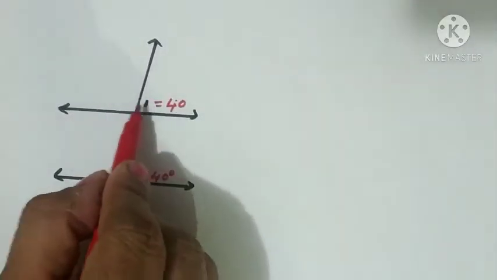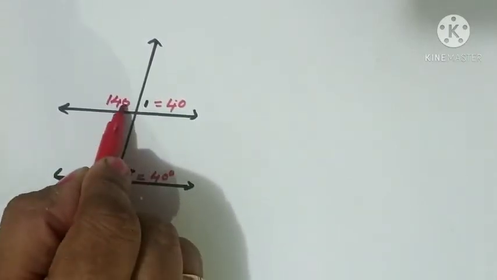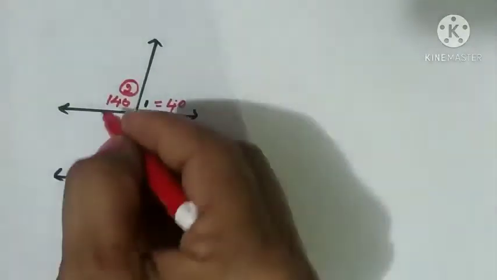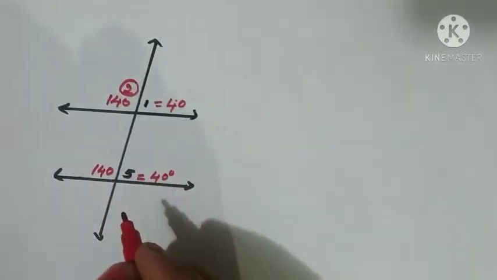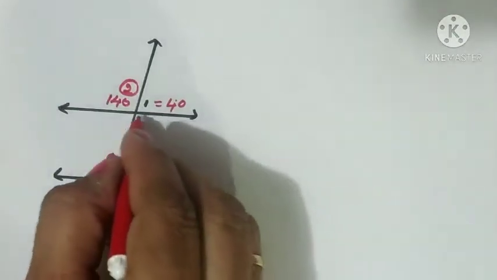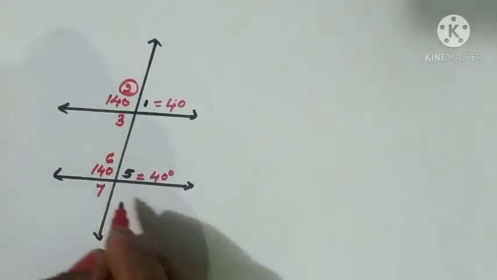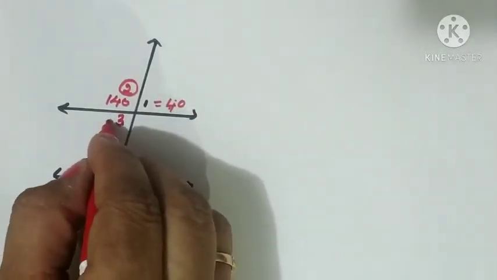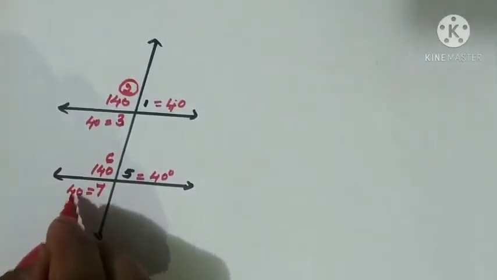Now this is a linear pair. Naturally it will be 140 only. 140 is angle 2. In place of angle 2 it is 140. That is above the line. So naturally this is also 40 only. In place of number, what is it? 6. Right? Now I have marked that this is 3. Here also, 3 means 7 will come here. 5, 6, 7. So it is 40, a vertically opposite angle. It is also 40 only. So what about angle 7? That is also equal to 40.